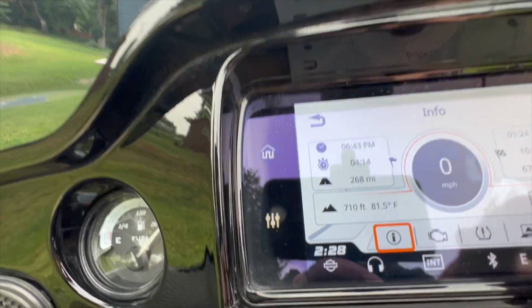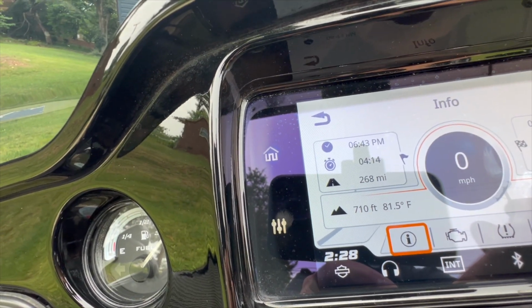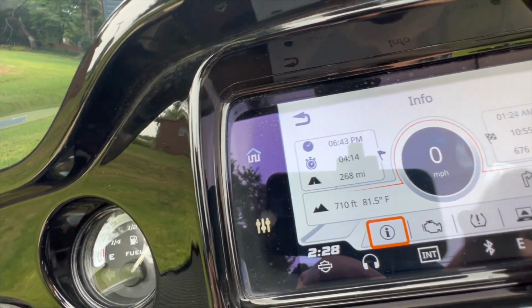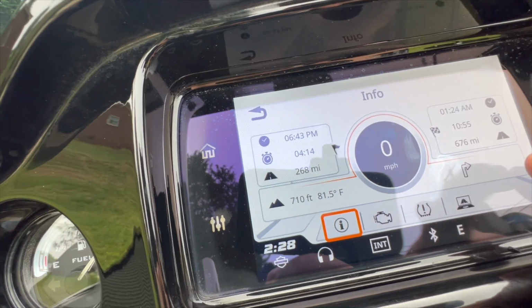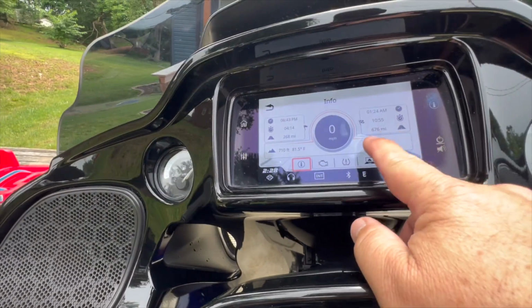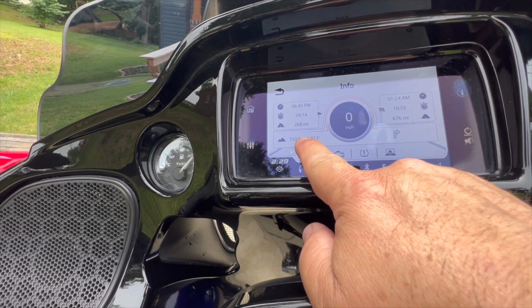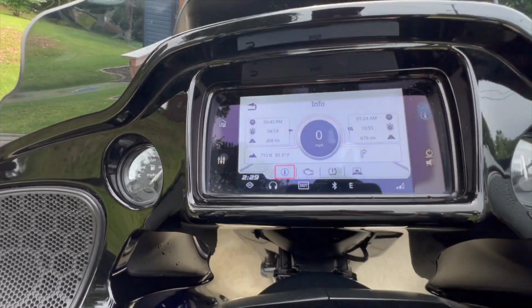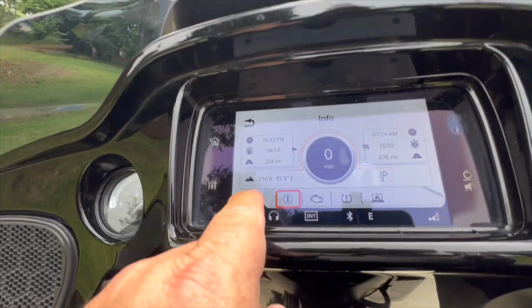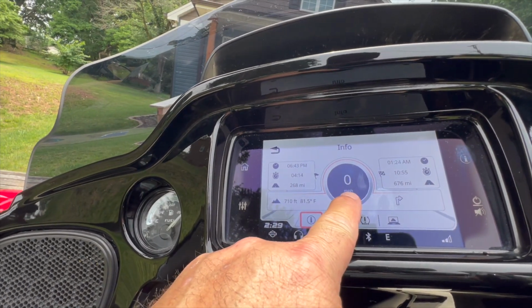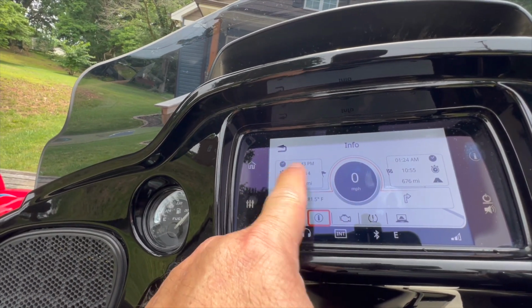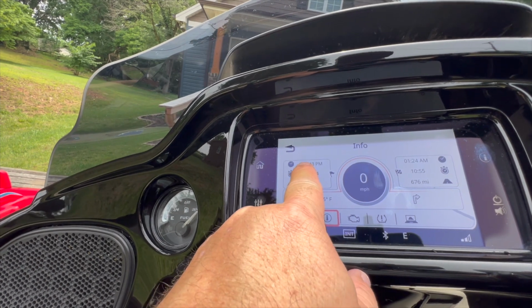Also down here, it'll show you your next turn. If you're moving, it'll give you the time to the next turn in this box over here. Over here, you see the elevation you're at currently and the current temperature. So typically all you will see in this is elevation, the current temperature, and speed. But when you're using the navigation system, it will show you